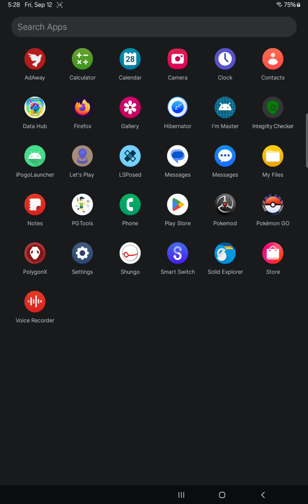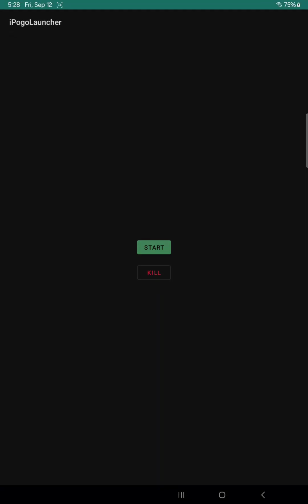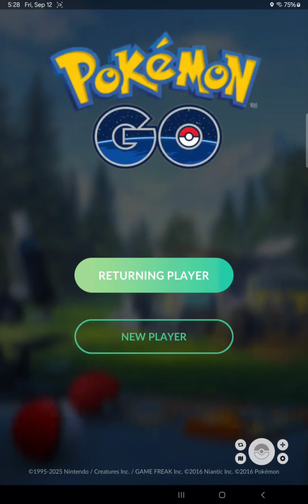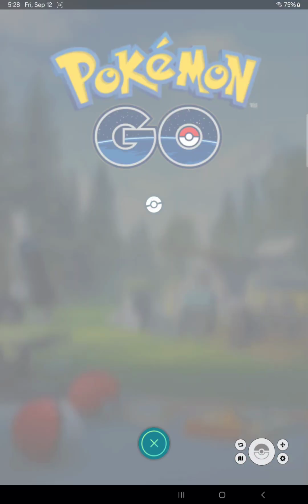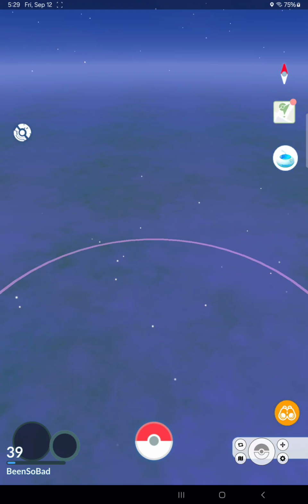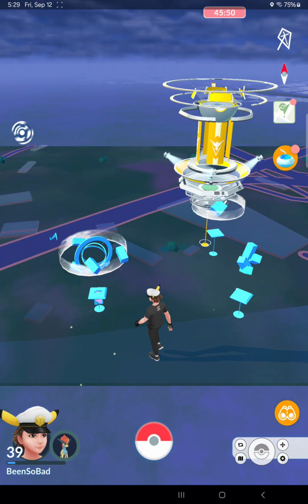Now I click on the iPogo app, I say start, and it's starting the iPogo app. I say okay. So my iPogo app is working, you can see,